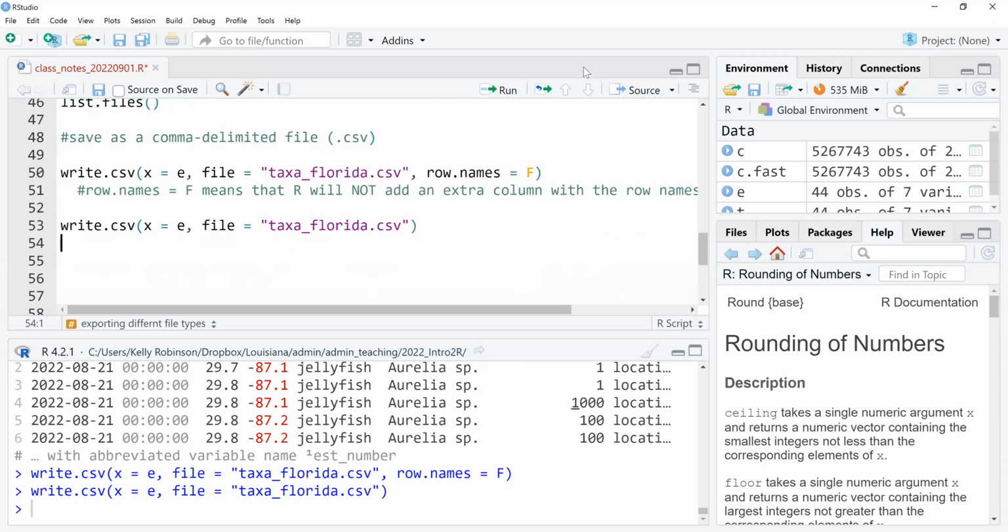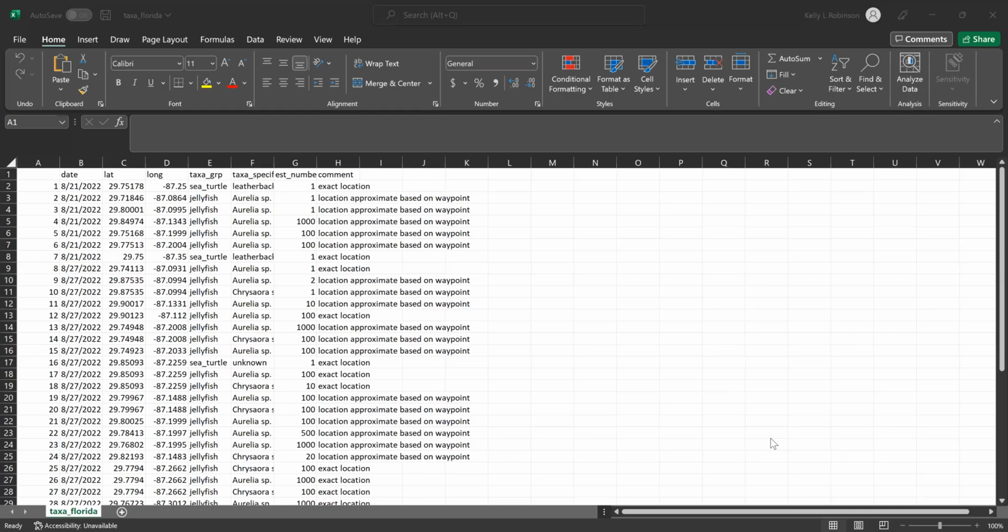Okay, now I'm going back to that file. Okay, so it's a subtle difference, but on the first column A, you've got all our row numbers. Not a big deal. You can just delete it here, but